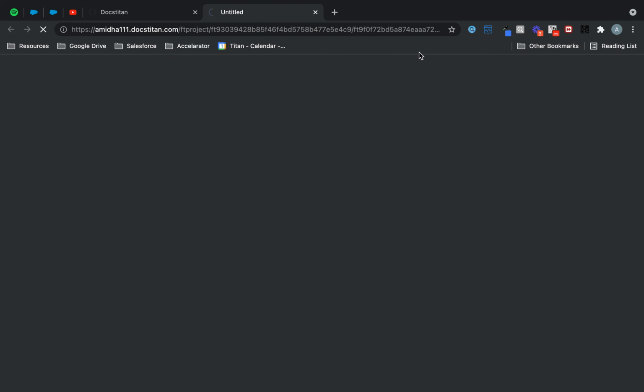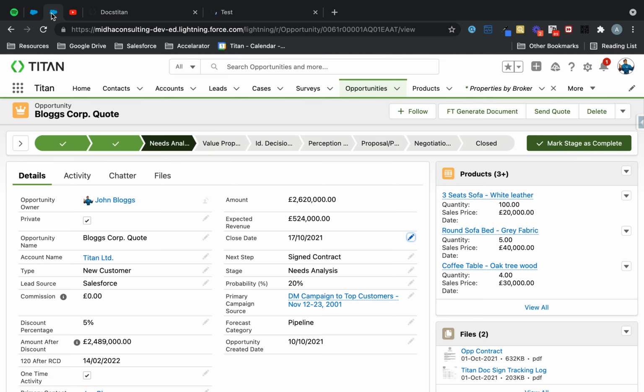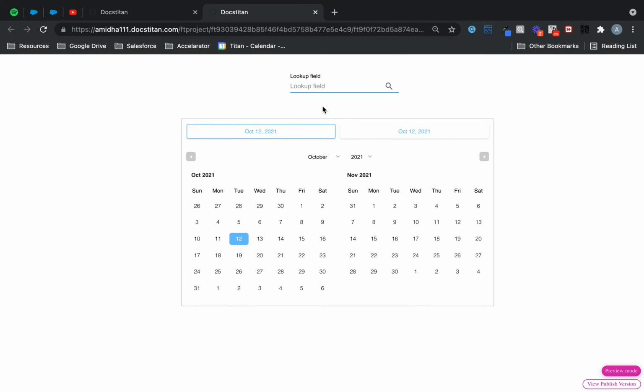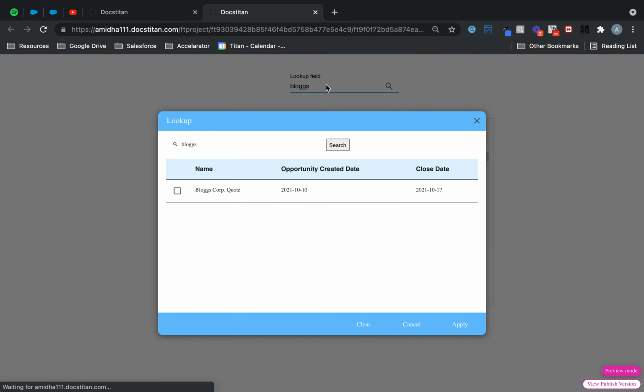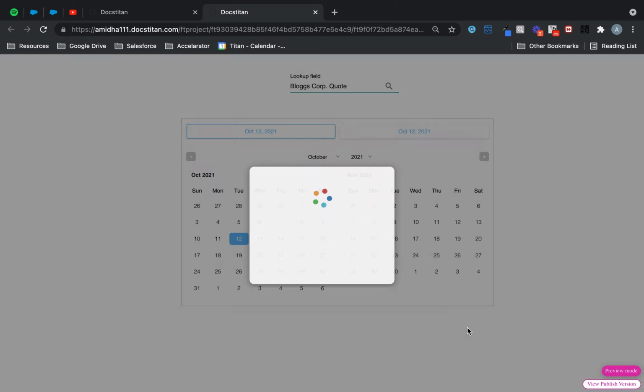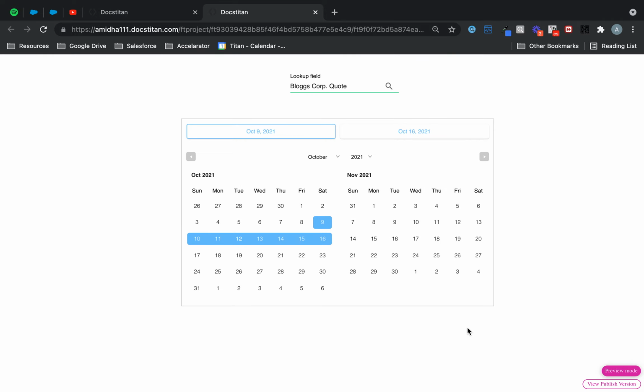and I'll click preview. So now, as I said, we'll look at this opportunity. This is called the blogs quote opportunity. So I'm going to look that up in my lookup. So let's go and do that. Blogs. Let's see what that brings back. This one here. So I'll choose that one, and you can see there's my created date and there's my close date. If I click apply, you can see now it's mapped the data from Salesforce back into my date range